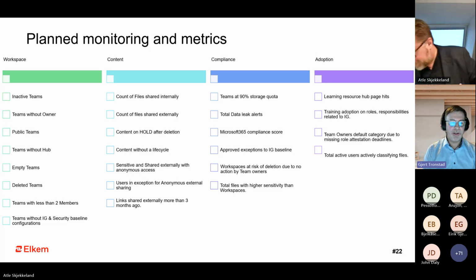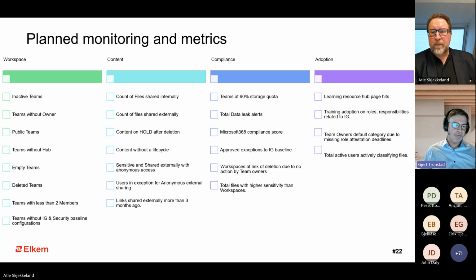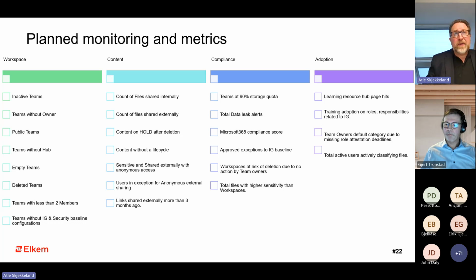And again, here we came in, we had a discussion with Infotechtion on how to do it. And of course, it's easy to come up with 1 million different KPIs, but you really have to agree on some. As you can see here, some of these are things that we have started to look into, but Atle and his team can help work together with you to come up with the ones that actually suit your organization best. I would also say that we really focused on what metrics really matter,